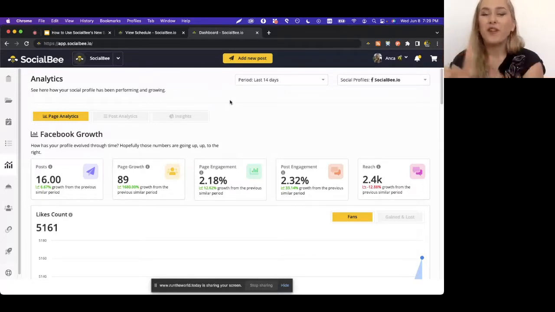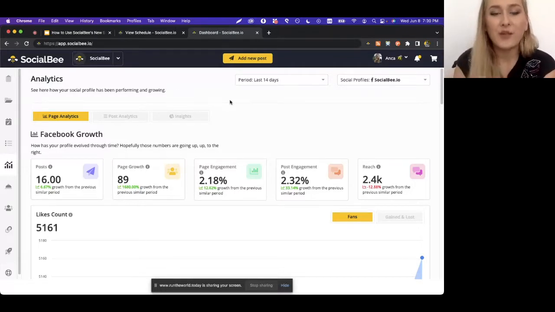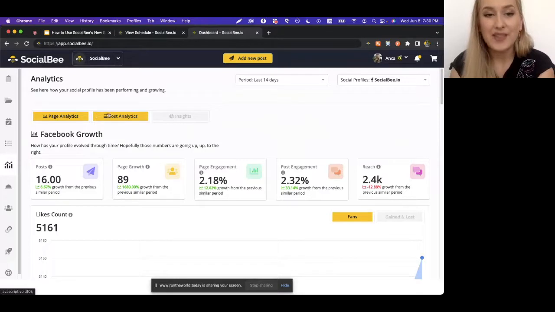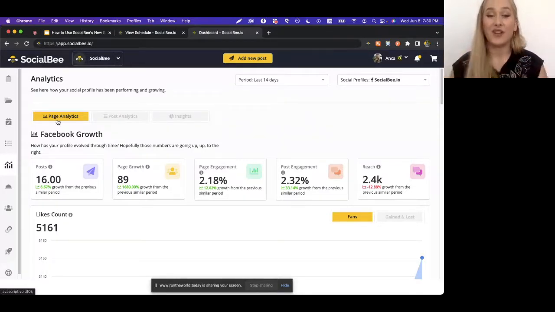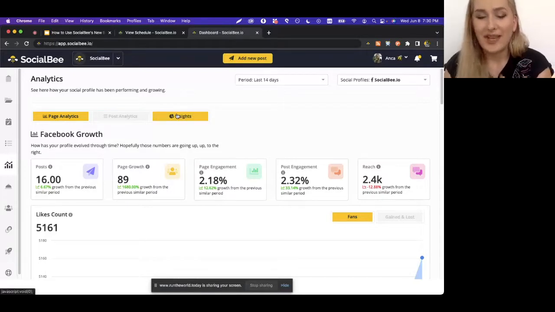Cool. So for Facebook, let's take Facebook as an example. First thing you'll see is that you have 3 tabs here. You have page analytics, focusing on anything regarding your page. You'll see post analytics for any metrics specific to your post and some extra insights that I'll go through